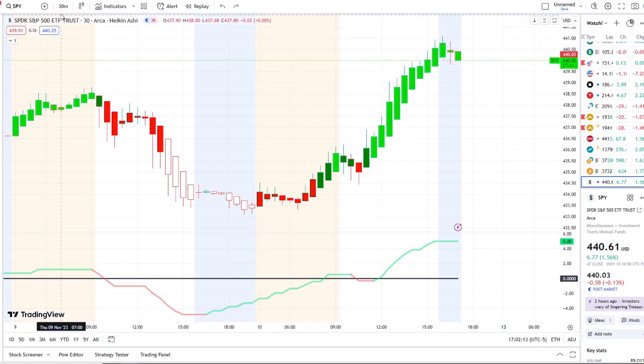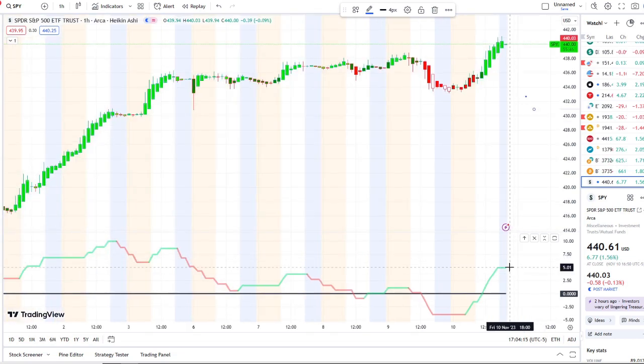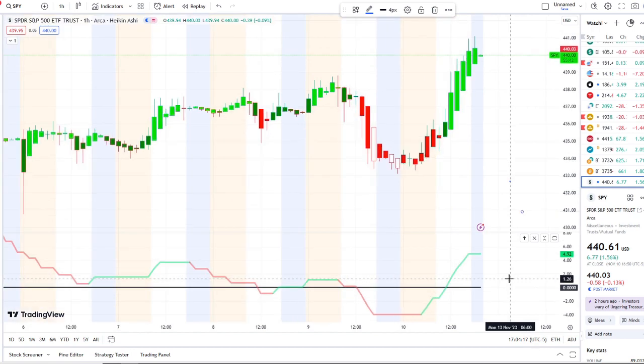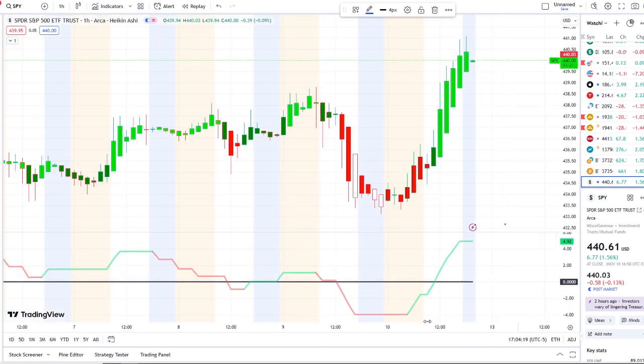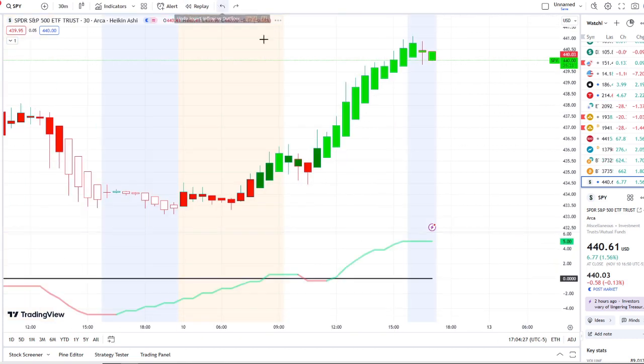Now, if we go ahead and look at this from the 1 hour, we can go ahead and see here how it's hit the 4.92 area, not that far off of 5.0 here, and some of the highest inflows that we've seen all week as well after crossing to the downside, and inflows are dominating once again. So we have multiple bull indicators. Inflows are dominating on the 1 hour, on the 30-minute, and in the volatility of the 15-minute, we could go